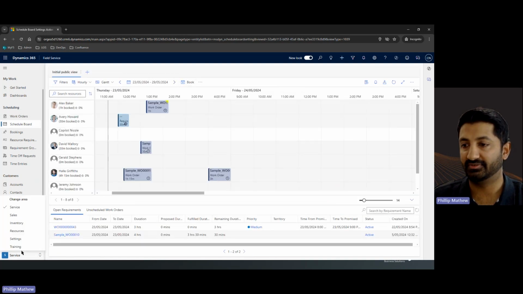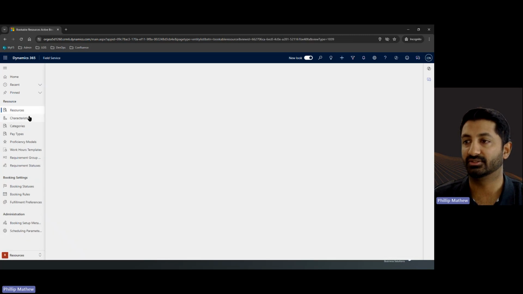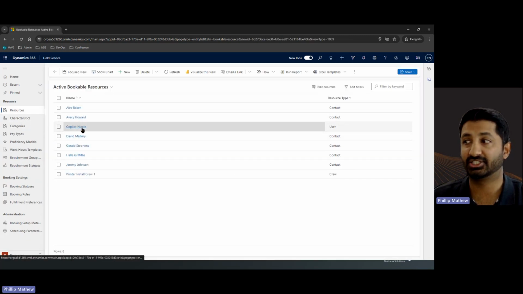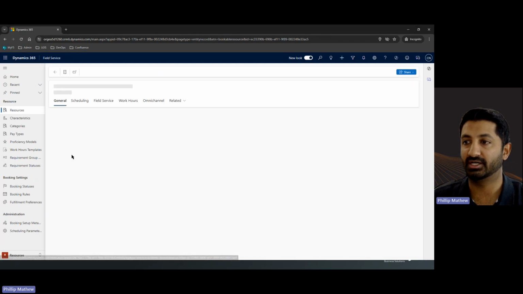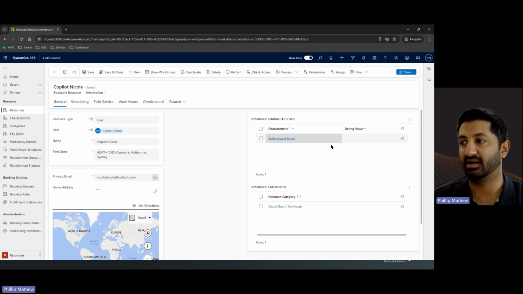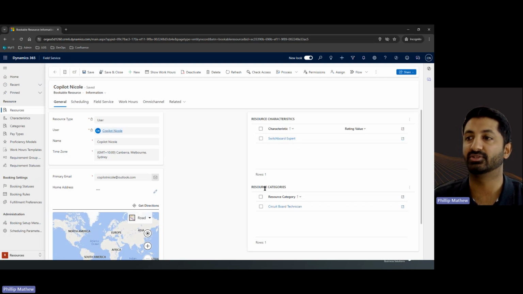Now, just to give you a quick look at what the resources themselves look like, configuring resources is actually a really nice experience. It is a simple record. You define the type of the resource, and then you can also define all the characteristics and categories that may apply to this resource. For many customers, we have also seen them working across time zones and across departments,